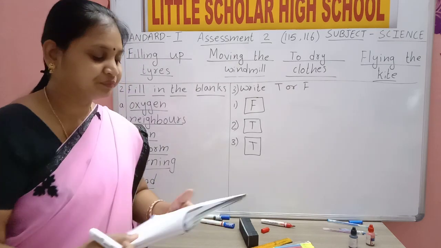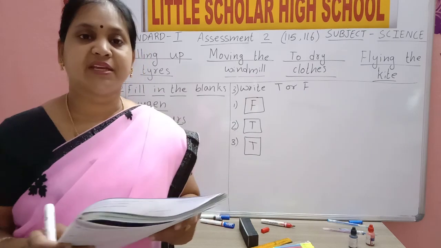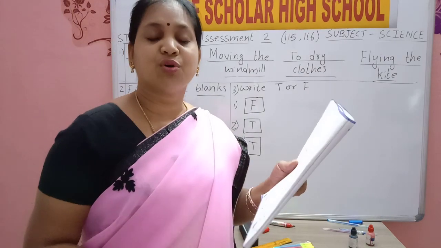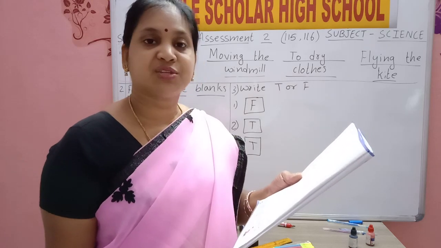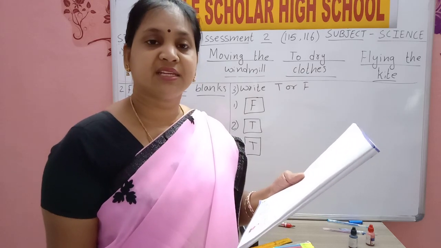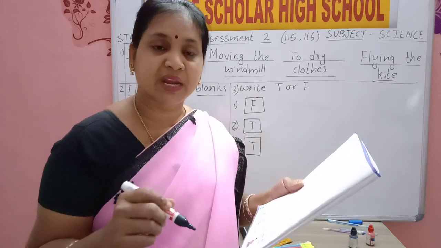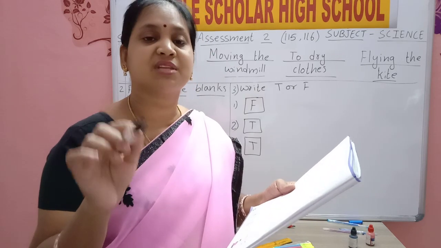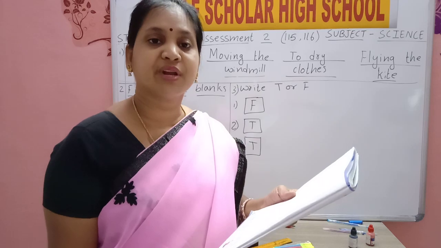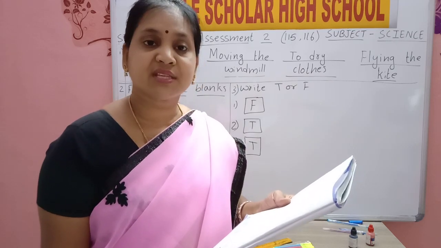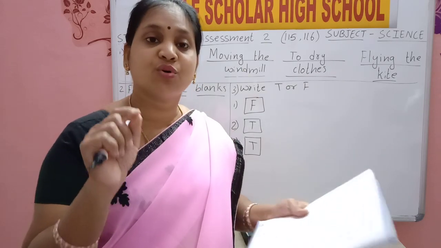Fourth question, listen. E-A-C-H, each, R-O-O-M, room, I-N, in, A, H-O-U-S-E, what is this? House. H-A-S, has, I-T-S, its. Before I say the word, when I am reading the spelling, you should be able to say which word it is, okay? I-T-S, its, O-W-N, own, U-S-E, use. Each room in a house has its own use.